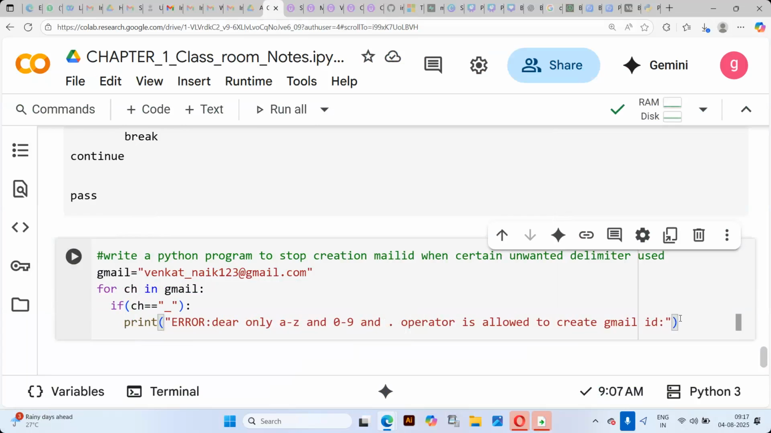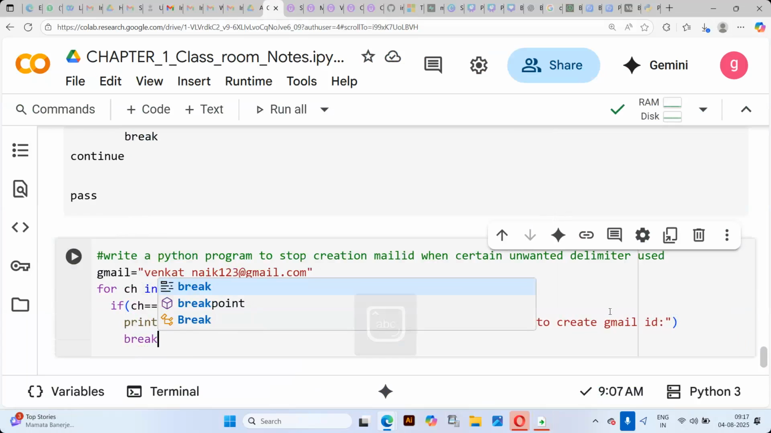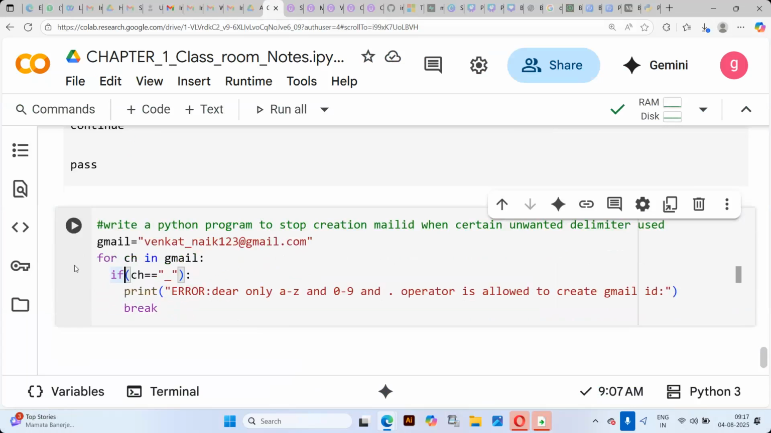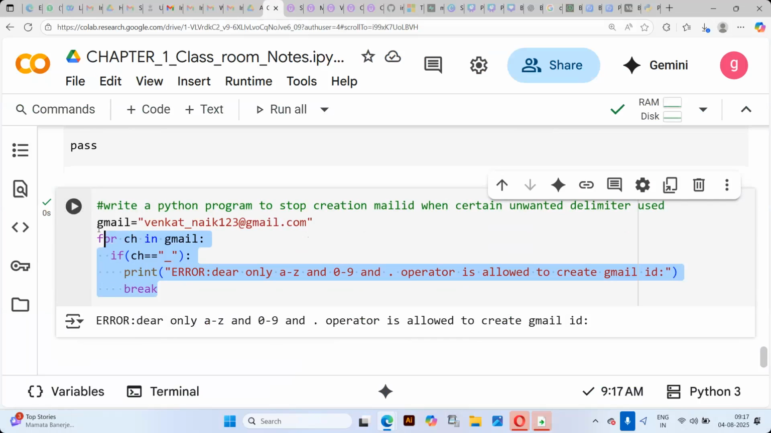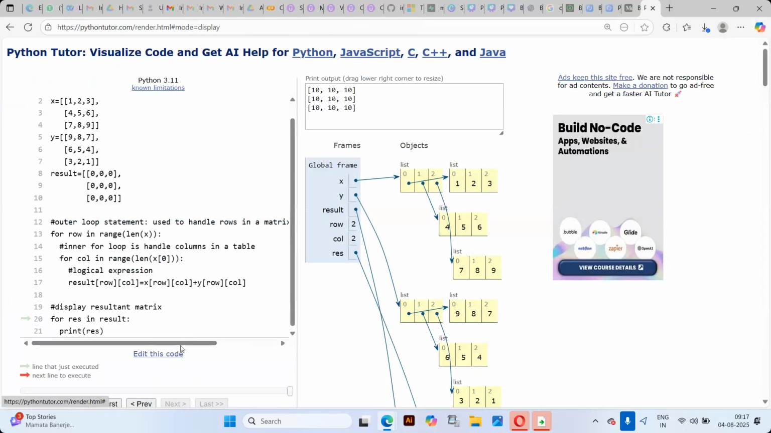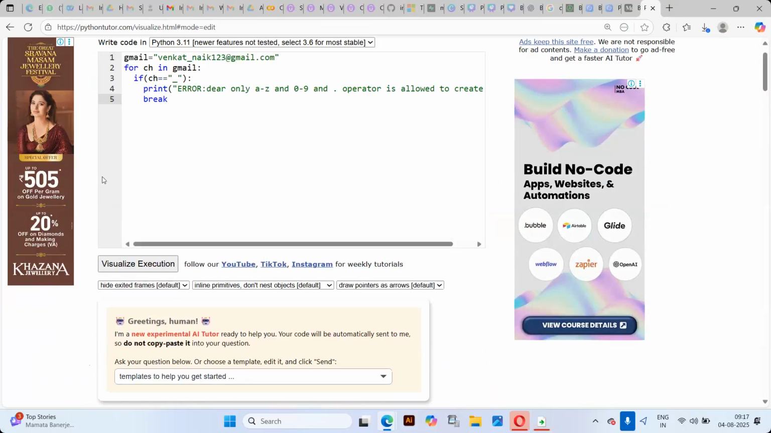Okay. Then after giving a prompt, I'll call a statement called the break statement. You see now what happens? Simply, if we execute, it will throw an error to you. What error is given? Yeah, dear, only A to Z. So this program, if you just execute like that, you don't understand it. Better you take this program to be executed by Python Tutor, so that it gives you, in the right perspective, how exactly it gets executed inside. If I visualize,